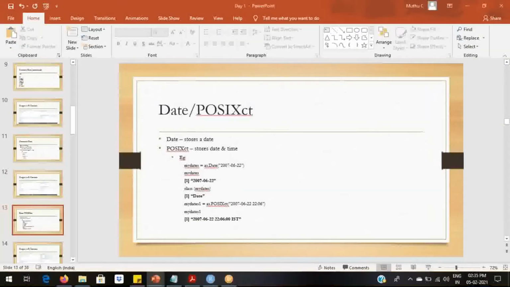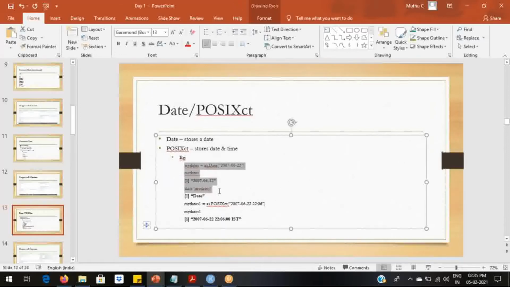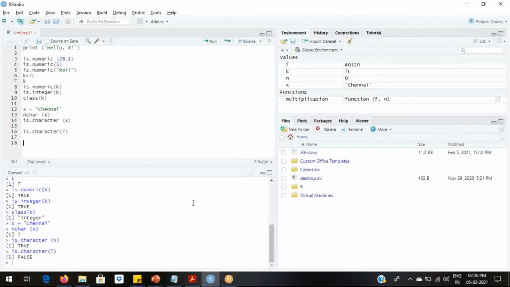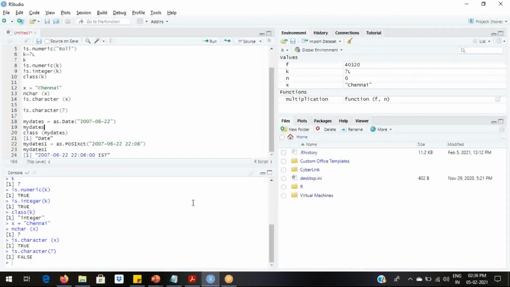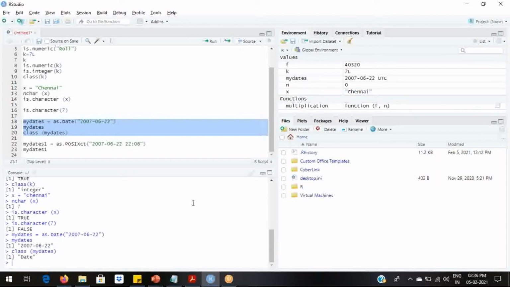Now we will try executing this in RStudio. As you can see on the screen, we are getting the same output that we got in the PPT.